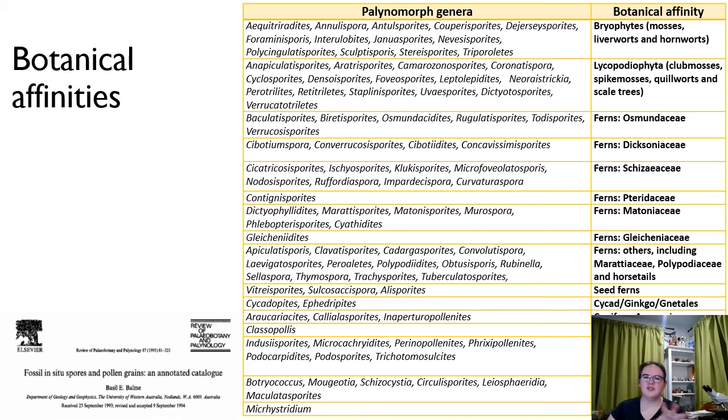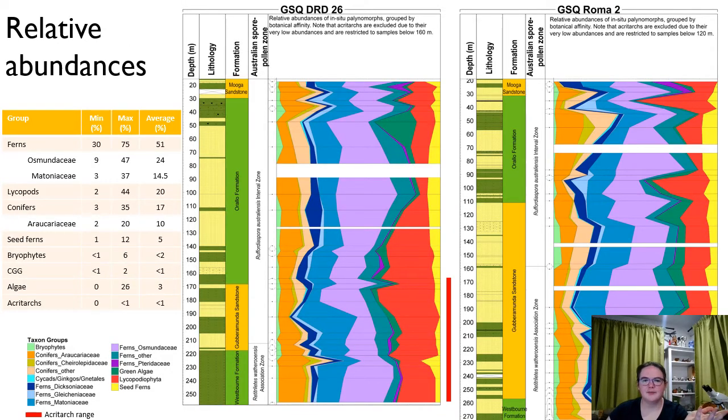So, using this big table of botanical affinities, my data also looks like this, which, even though the lines do squiggle around a fair bit,